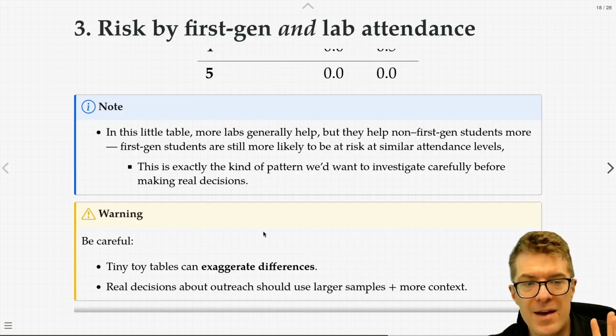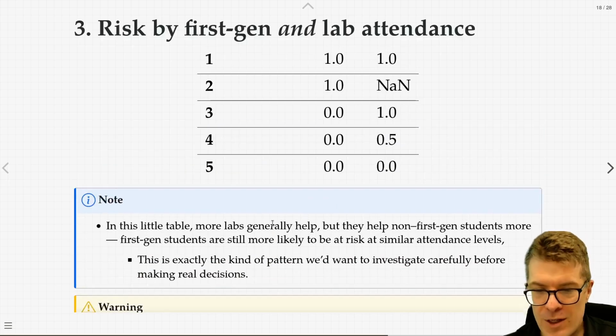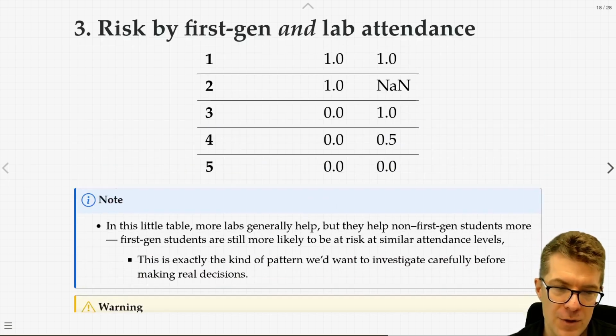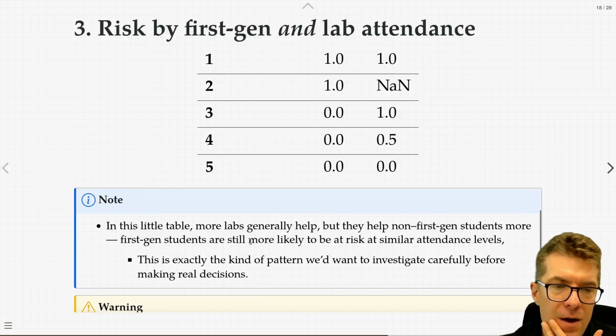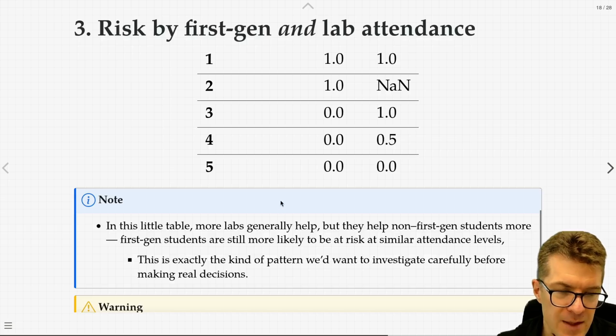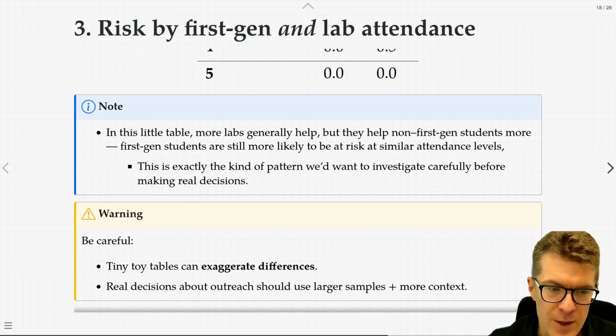So again, this is a tiny, small toy table, and because there's so little data, it's hard to have anything conclusive to say. So we have to always temper our exclamations about these things, and real decisions, how we actually intervene in the world. This is going to depend on,